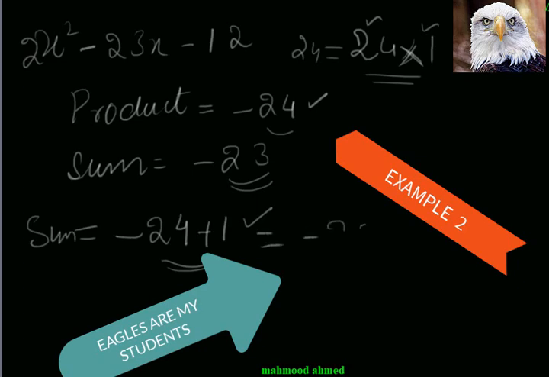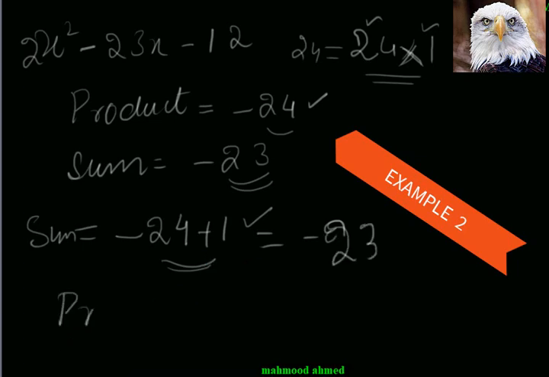So minus 24 plus 1 is equal to minus 23. The rest of the question remains the same, and you will follow all the steps we did already in the previous example. Here I told you the product is minus 24 and the sum is minus 23, and now I will write 2x square